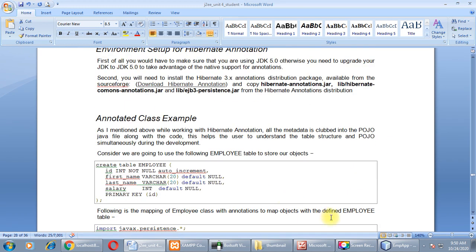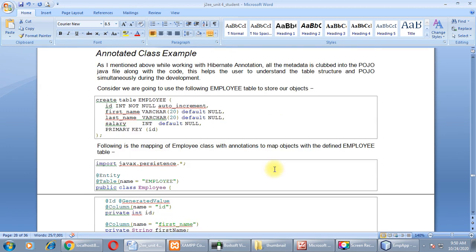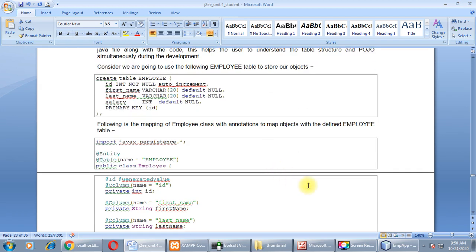Here I am going to show you the annotated class example. As I mentioned above, while working with Hibernate annotation, all the metadata is clubbed into your POJO file along with the code. This helps the user to understand the table structure and POJO simultaneously during the development. Here consider the table employee, which we have already created in our previous example, right?